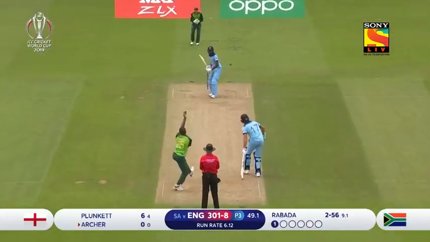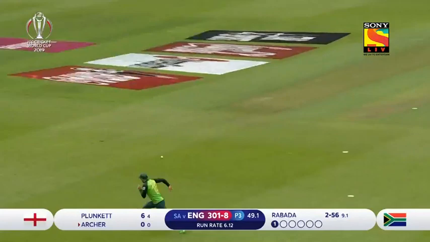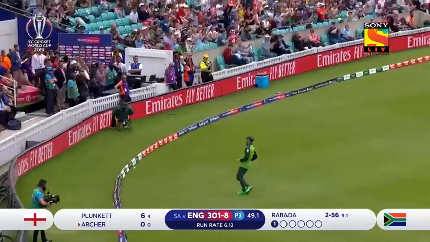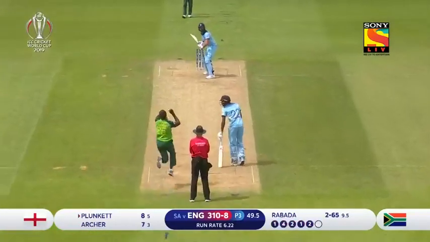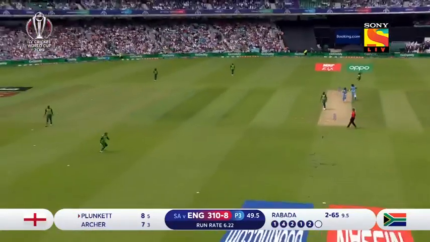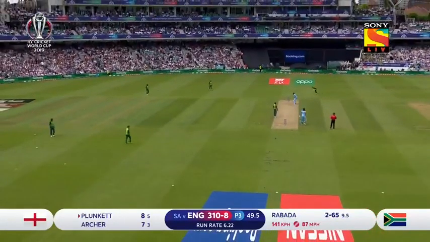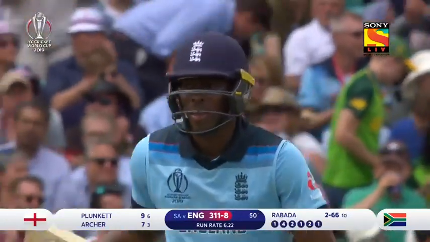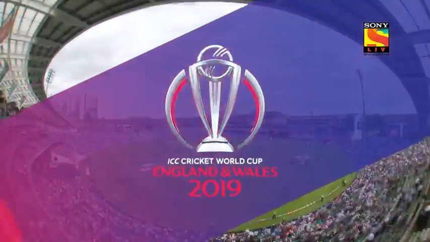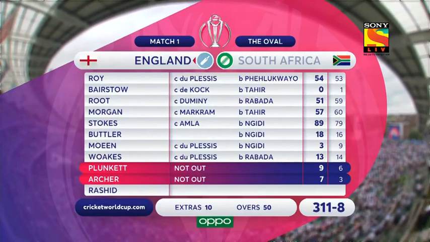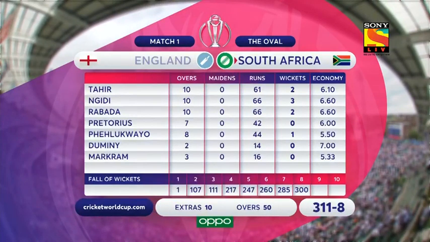Well, he did stand still. Other than that, he's read the variation really well. That's a good start for Archer, and given a good reception by this crowd. 315 maybe. Just the one. Really well bowled to finish off by Kagiso Rabada. The South Africans will walk in. Decent surface for this opening World Cup game, and a shock at the start when Johnny Bairstow was dismissed first ball. Seven bowlers used by South Africa. There were a couple of wickets for Tahir, who opened the bowling, 3 for Ngidi, a couple for Kagiso Rabada, and 1 for Andile Phehlukwayo.